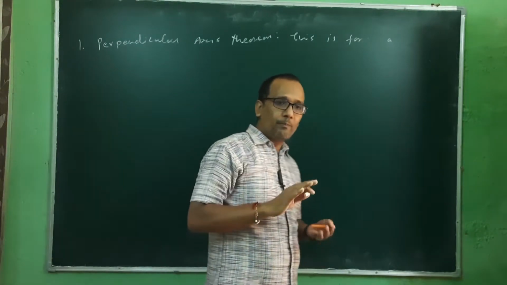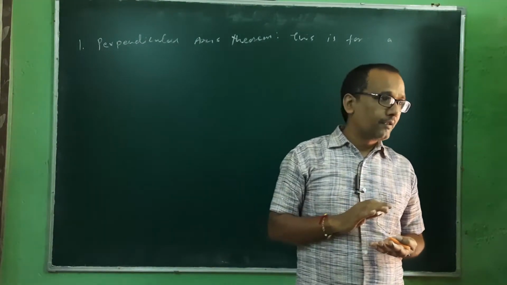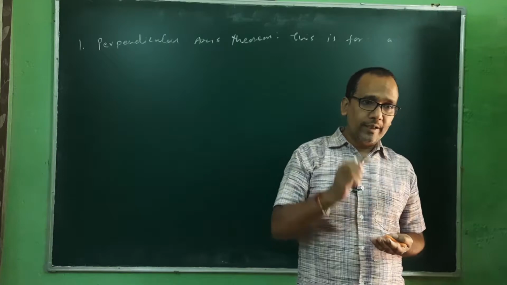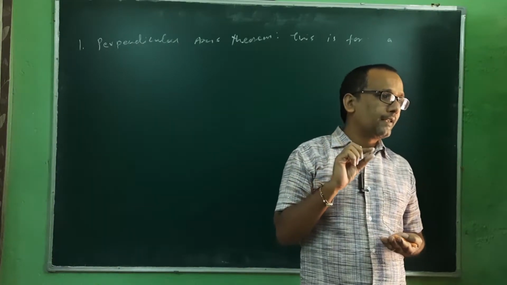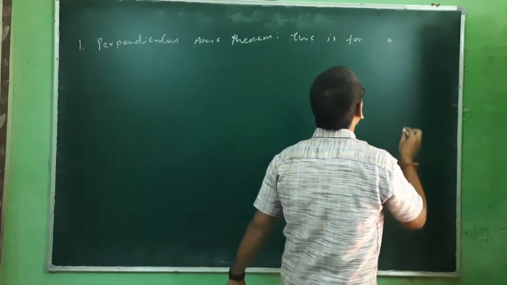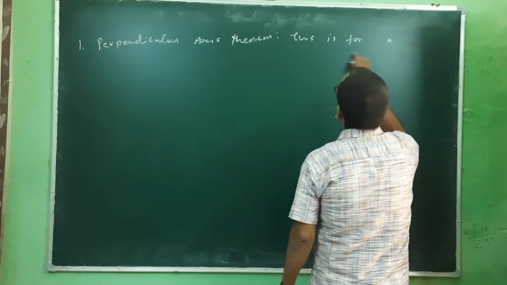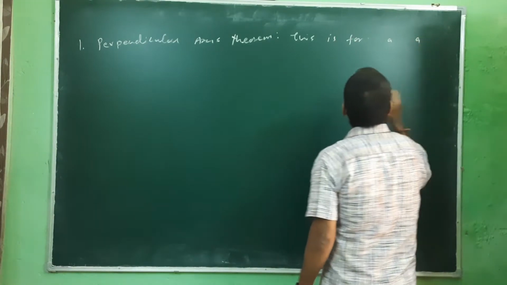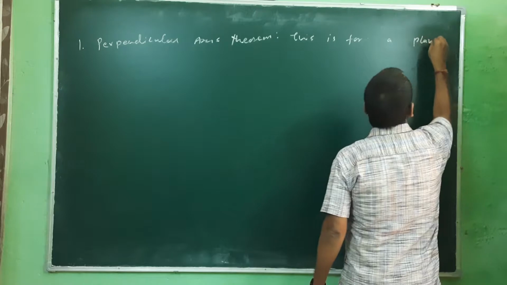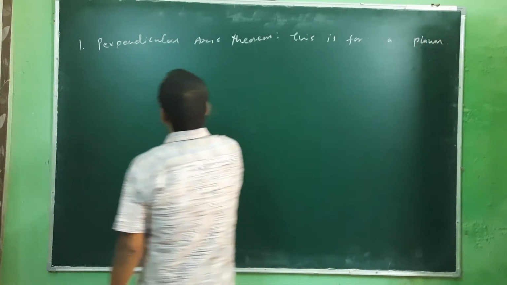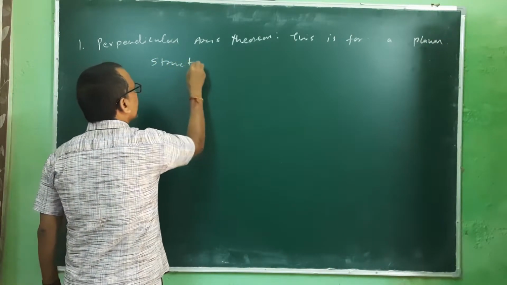Means if we have a plate, a circular disc, a planar structure with no thickness or negligible thickness, then we use this theorem. So this is for a planar structured body